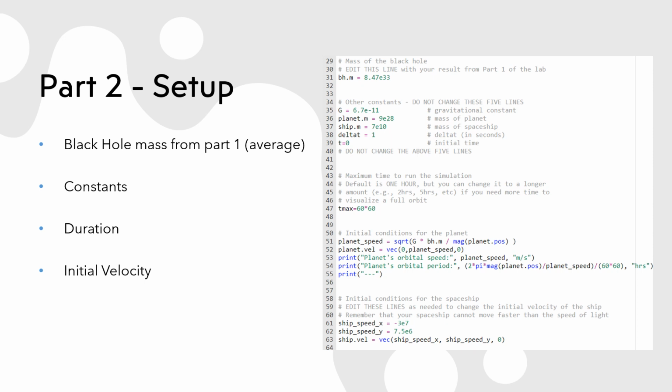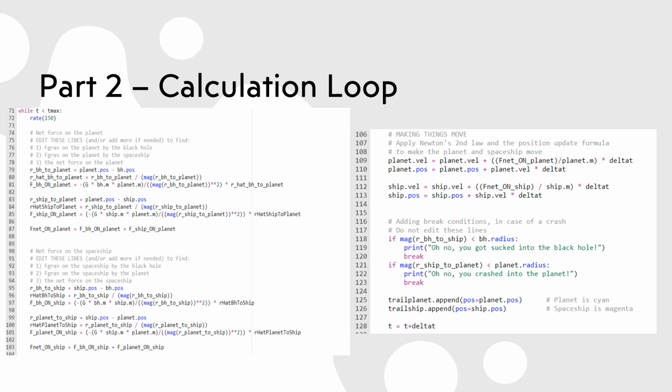And then the setup for part two: I used the black hole mass from part one, which is the average. I put that here, and then I have the constants and the masses. And then this initial speed right here is what I was aiming to find for this experiment, and I found it to be this value, as I said in the beginning. And then for the calculation loop,